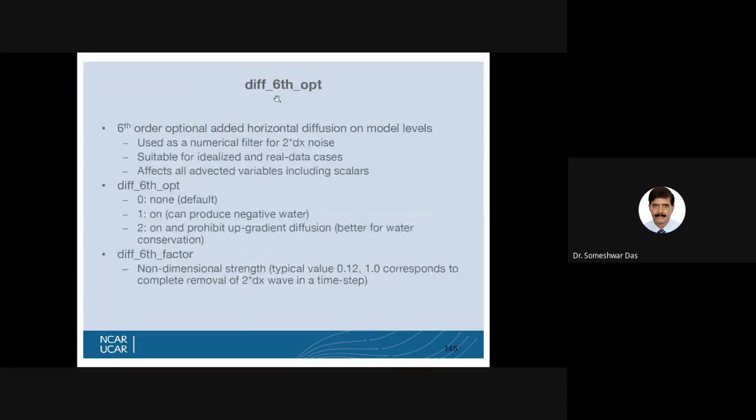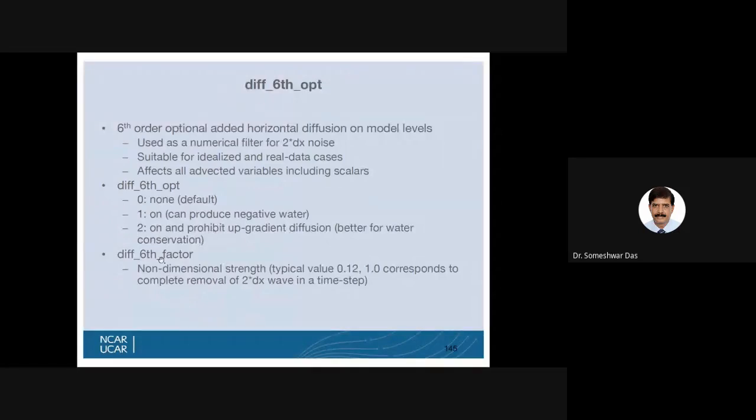Then you have got the diff sixth option, to use sixth order optional added numerical diffusion on model levels. Use it as a numerical filter for 2D noise, 2 delta X noise, suitable for idealized and real data cases, on all advected variables, including scalars. So these are the options. You use the sixth option as 0, which is the default, or 1 or 2, and these are the consequences for that.